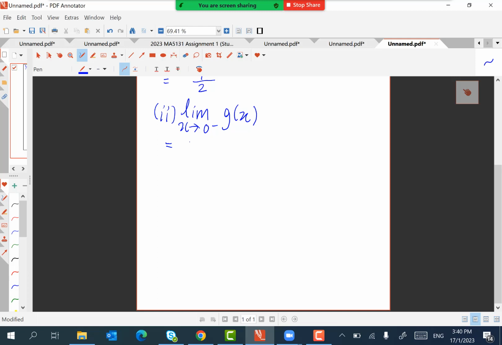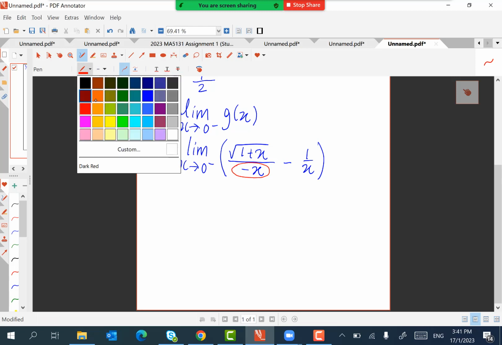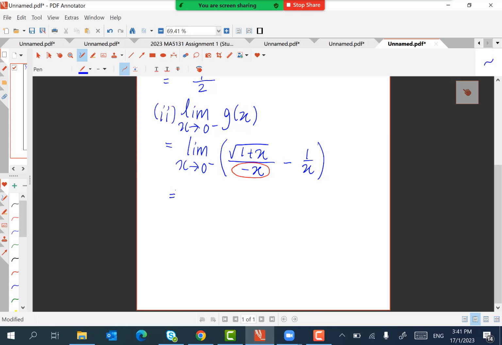So this becomes the limit. The change is on the denominator. I want you to note this difference between the two of them. There's a difference between the earlier one, right? And then this gives you